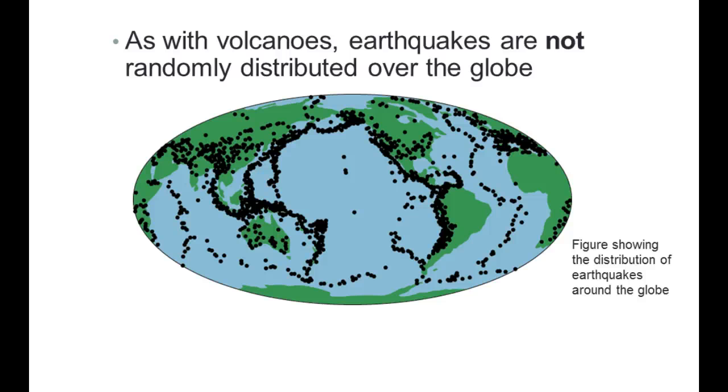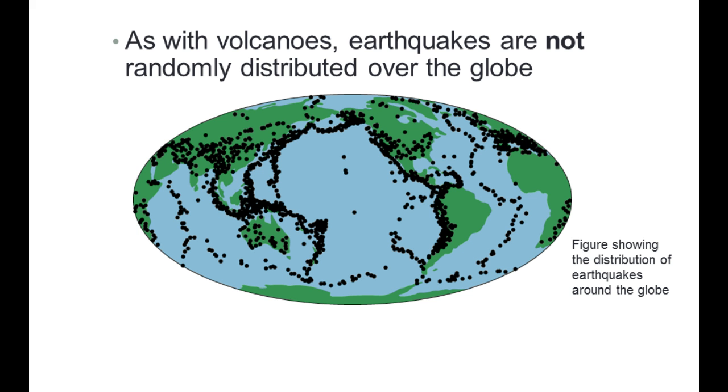The black dots on this map of the world show us where earthquake activity is occurring. Now you can clearly see that, as with volcanoes, the earthquakes are not randomly distributed around the globe. Instead, they occur in patterns across associated plate boundaries. Write that down. I also want you to notice that this diagram of earthquake distribution closely resembles the Pacific Ring of Fire distribution of volcanism.